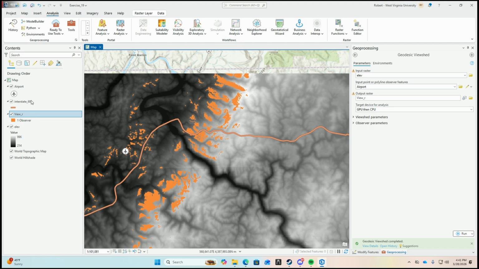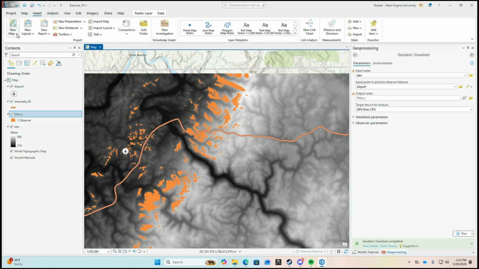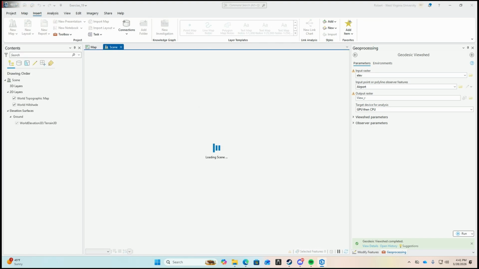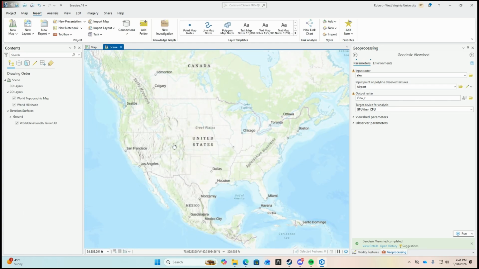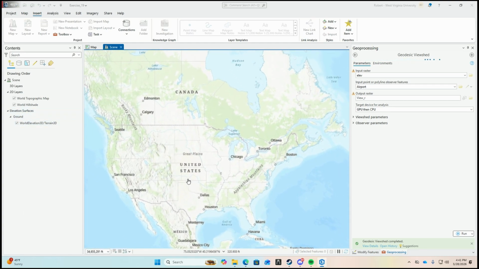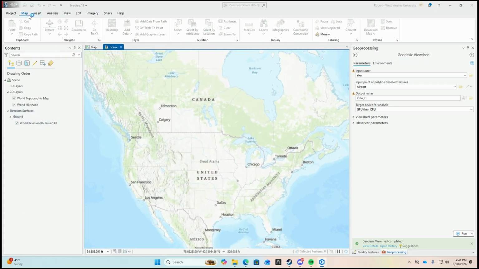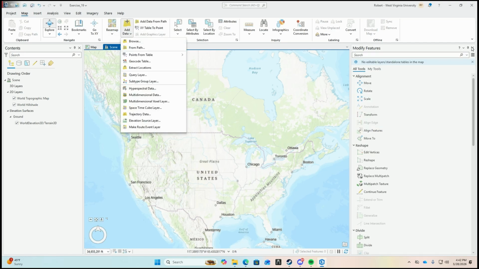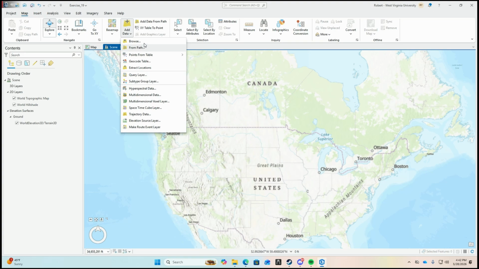So now we want to work with creating a 3D scene. So if we go to Insert, New Map, New Local Scene, this will open up a new scene for the United States. And we can go to Map, Add Data, Browse,